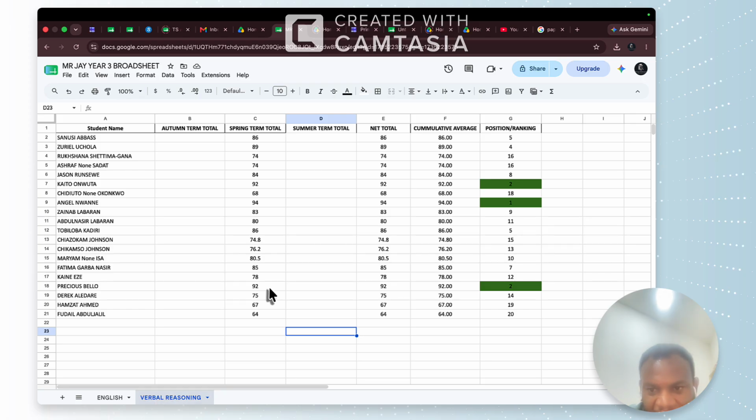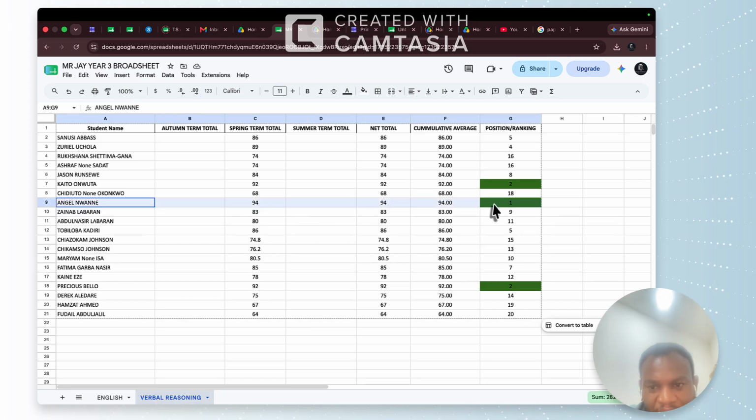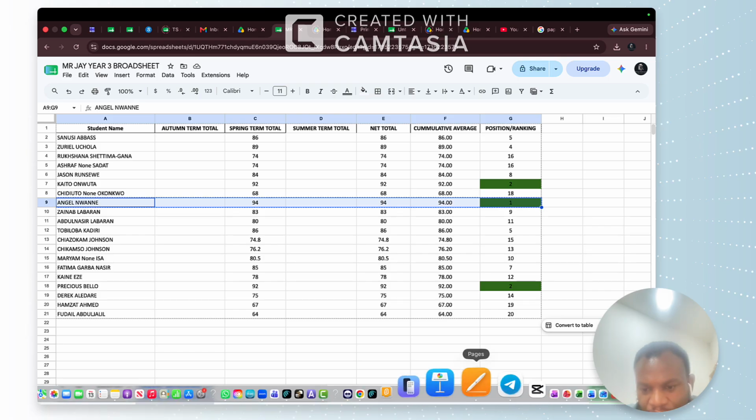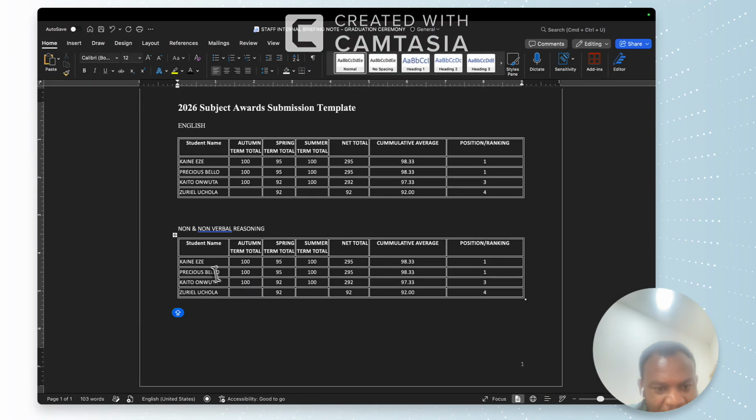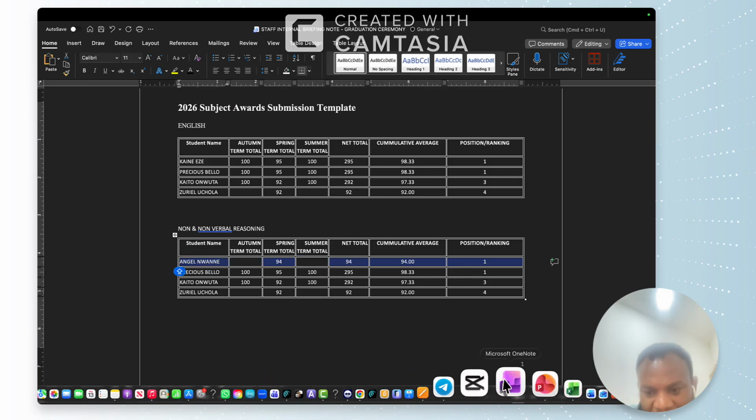Do you understand? Based on my non-verbal sheet, who is my first? My first is Angel Nwane. So I'm going to copy Angel Nwane. I'm going to go to my Word document again and I will paste, highlight against the first name and I will paste. See, it has changed now with Angel. I go back,